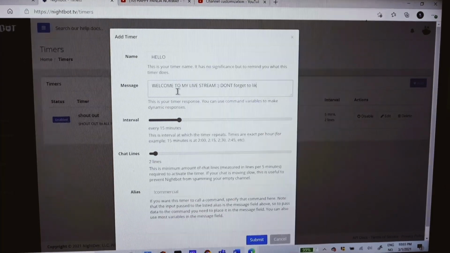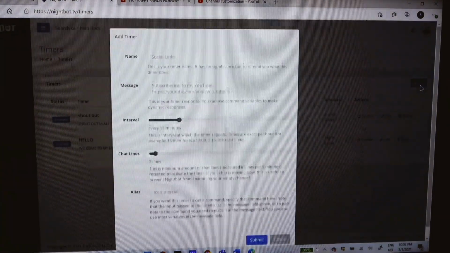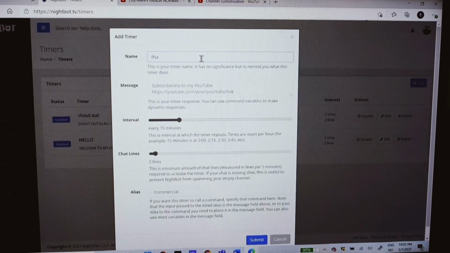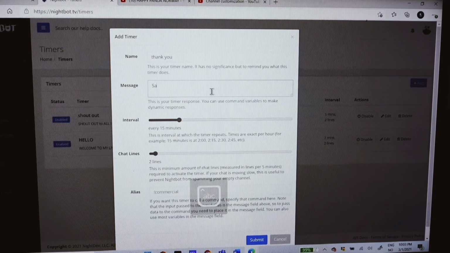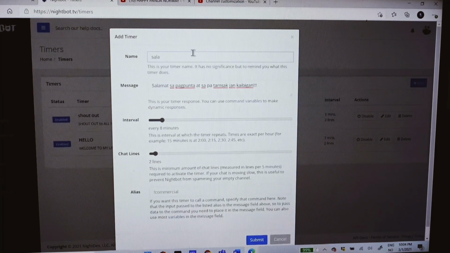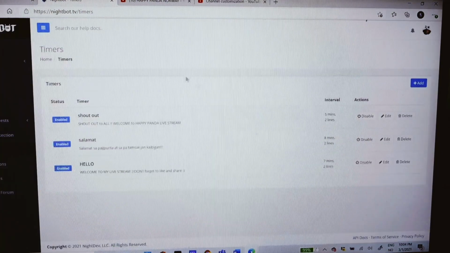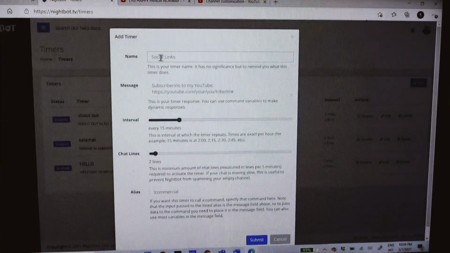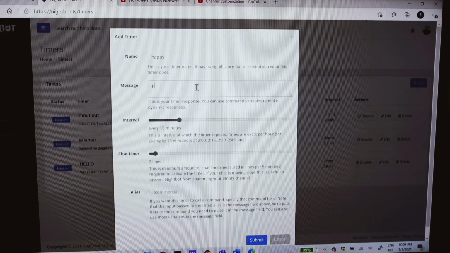Remember guys that Nightbot only works when you use it in a live stream, or you can use it also in your Premiere. When you put the message in the timer, you don't have to type anything. Nightbot will automatically drop in the link, unlike the command. So with the command, you have to type in the code name or code word, but in the timer, Nightbot will just drop in